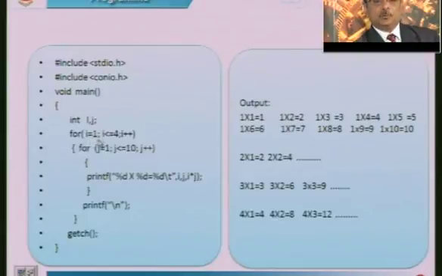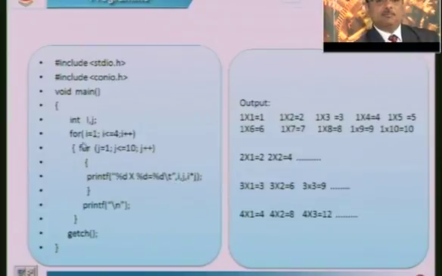For i equal to 1, i less than or equal to 4, because you are generating up to the 4 table. The i variable is used to generate up to the 4th table. i is incremented by 1 because after the first table you are using the second number, third number and the fourth number. j varies from 1 to 10 because each time you want 1 into 1 to 1 into 10. So, this variable is i and this variable is j. j is initialized to 1, and it prints printf percentage d, this is the multiplication symbol, percentage d equal to percentage d, i, j, i star j.